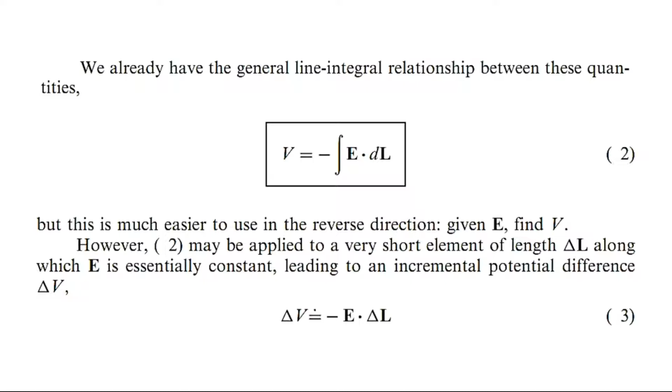If we have the volume charge distribution, or the surface charge distribution, or the line charge distribution, or a number of charges, a system of charges, we can determine the electric potential by taking the integral. So we have two methods of determining the electric potential. One is directly from the charge distribution, if the charge distribution is given, and the second is by means of the electric field intensity, if the electric field intensity is given.